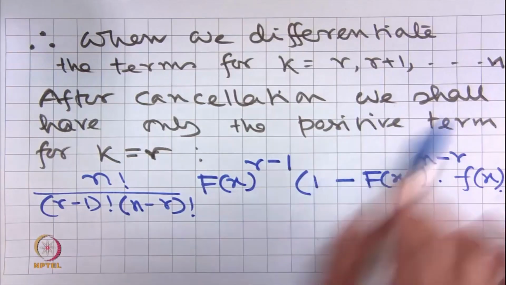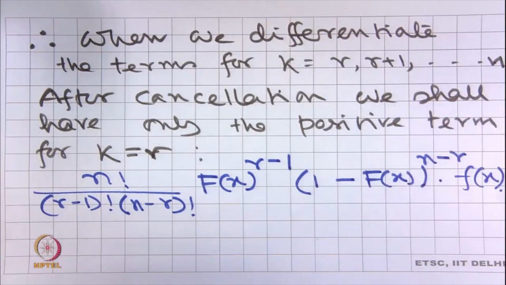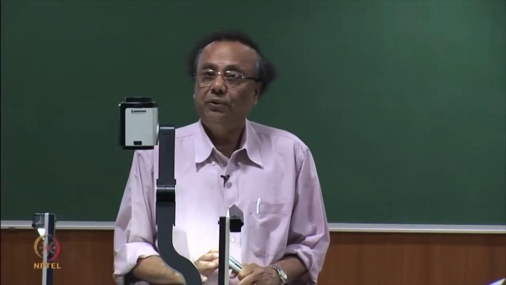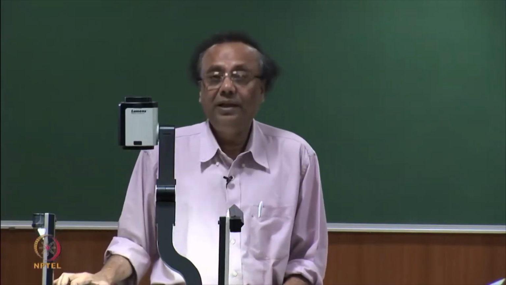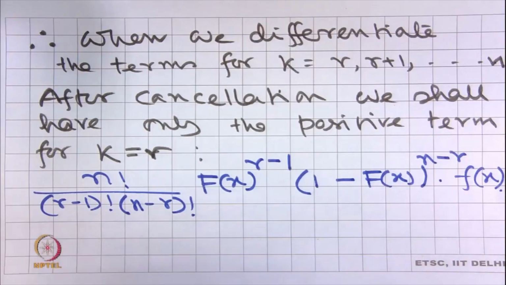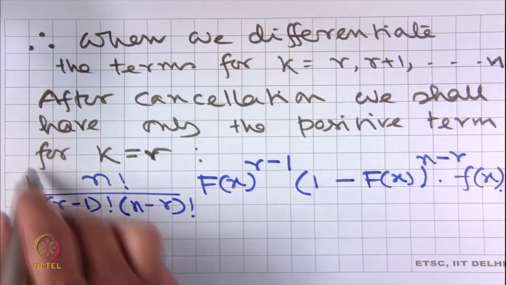You note that for the last term n, when we differentiate, there will not be any negative term. Therefore, there will not be anything remaining at the end. So, this is the only thing that we get